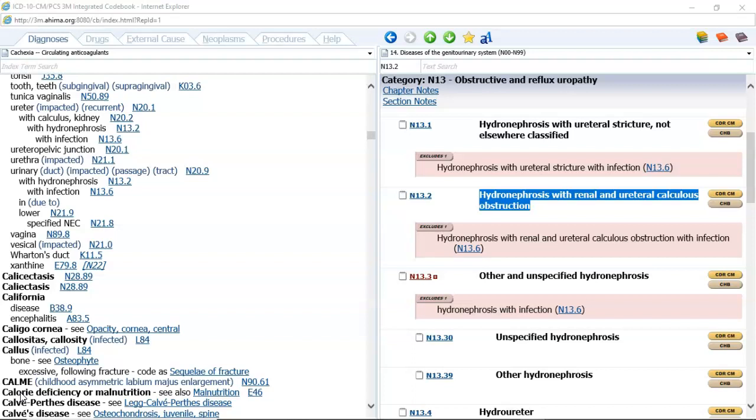So they admitted the patient to treat that exacerbation of the congestive heart failure, which will involve diuresing that patient so that they lose that fluid, and that will resolve that acute renal failure. I have seen patients come in and be diuresed and lose 30 to 40 pounds of fluid. So when we're coding this, the congestive heart failure is sequenced first, and then we have the code for acute